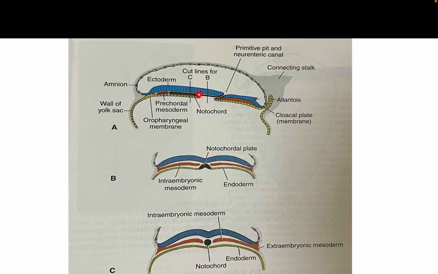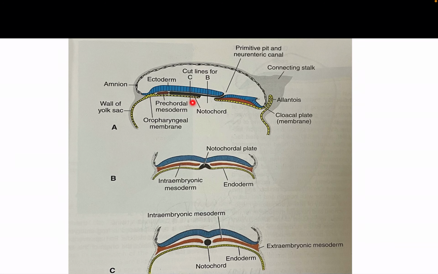Next, this component is the notochord, which acts as the nexus of the vertebral column. Later on, it will develop around the neural tube. And here is the endoderm, which is shown. This is the buccopharyngeal membrane. This one is the cloacal membrane. And this red one is the intraembryonic mesoderm, derived from the primitive streak, which is intervening between the epiblast and hypoblast.